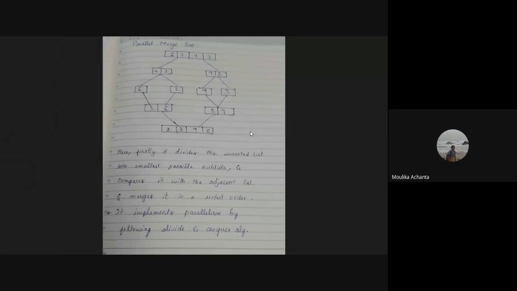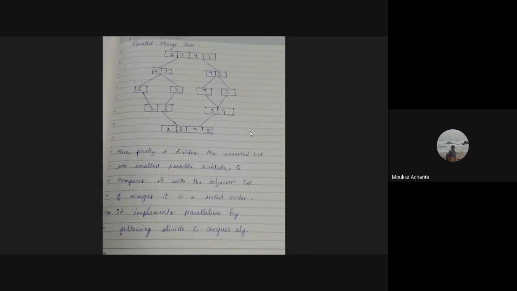Initially, the list is divided into sub-elements, and later the comparison is done between the smallest elements and we'll merge the list. That is, first we'll divide the list and then merge the list so that we'll get a sorted list. It implements parallelism by following the divide and conquer algorithm.